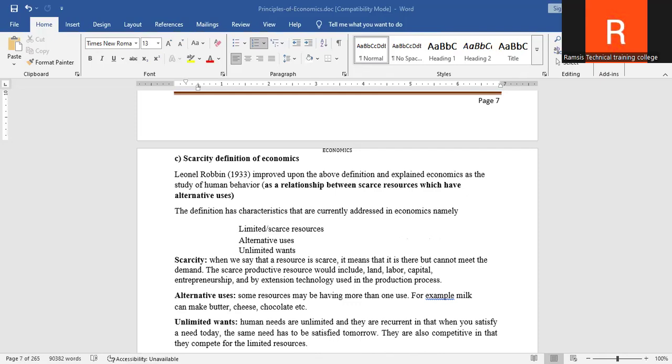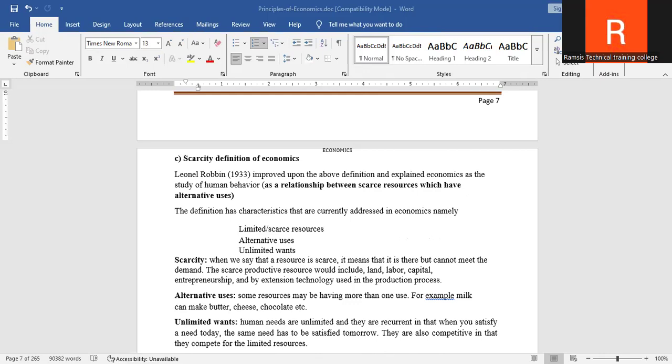So the difficulty in satisfying human wants is that although we can say that human wants are there to satisfy man with their life requirements, it is never possible to fully satisfy them. This is because they are too many, and new ones keep on cropping up, and that's why you're talking about them being limitless. And also the resources to satisfy them are never enough. So meaning they're basically limited.